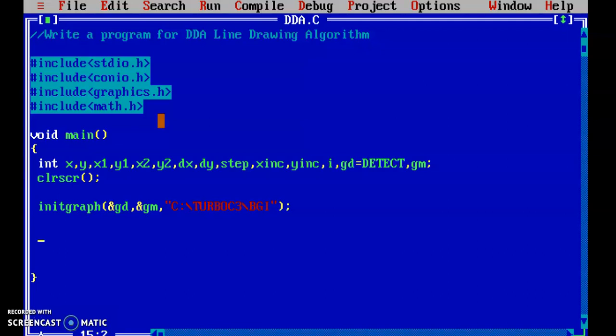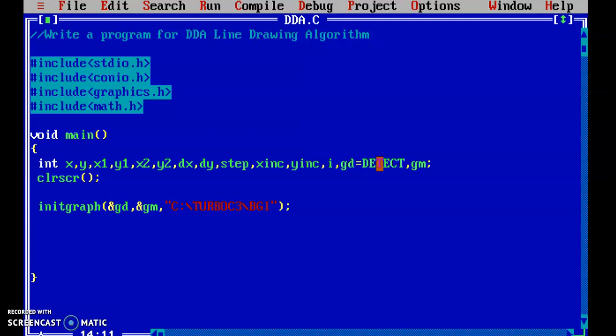GD, the graph driver, is an integer that specifies the graphics driver to be used. There are different graphics driver constants: detect, CGA, EGA, VGA. We are going to use detect because it auto detects. Its corresponding numeric value is 0, but it is better to write detect. Okay, then we'll move on.